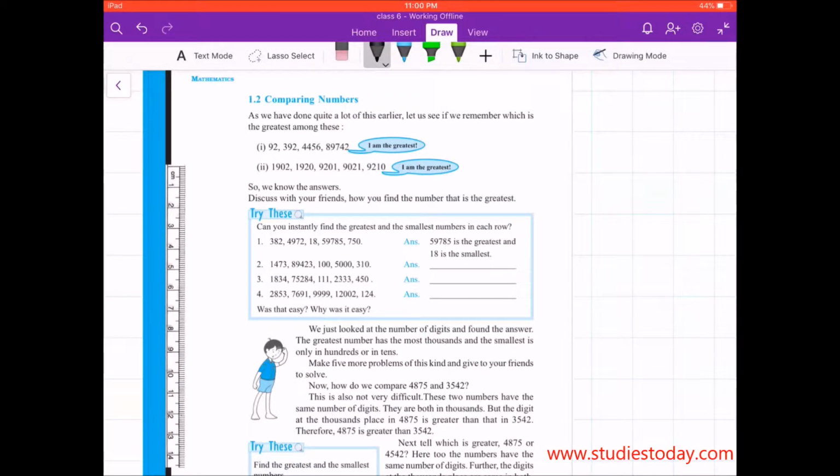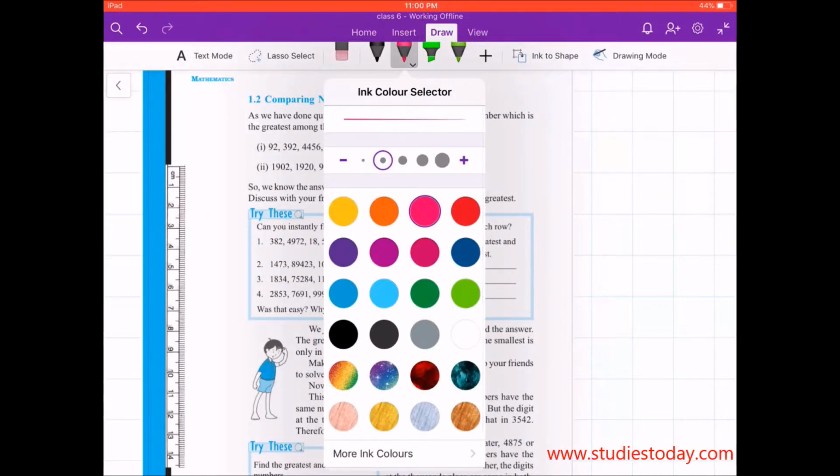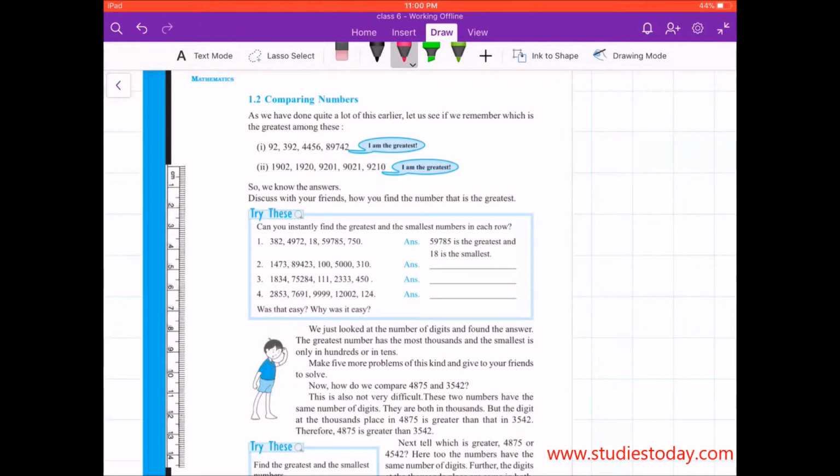In this, we will first study the greatest number, which is this one, for example, because it's a 5-digit number, and in the second one, where all the digits are the 4-digit number, I have to check their place value. Like, for example, I'm discussing this second example. Here I have